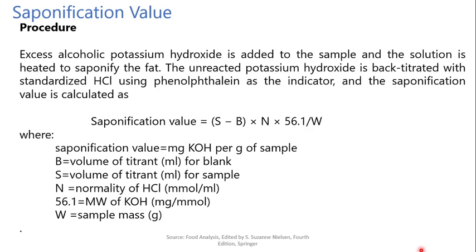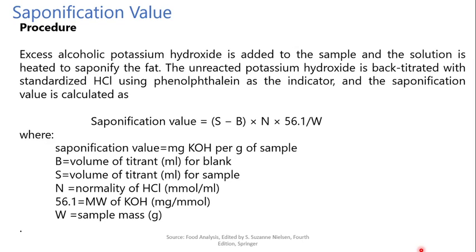Now what is the procedure? For that purpose we take excess of alcoholic potassium hydroxide and add it to the sample, and then the solution is heated to saponify the fat. The unreacted potassium hydroxide is back titrated with standardized HCl using phenolphthalein as an indicator, and the saponification value is calculated as